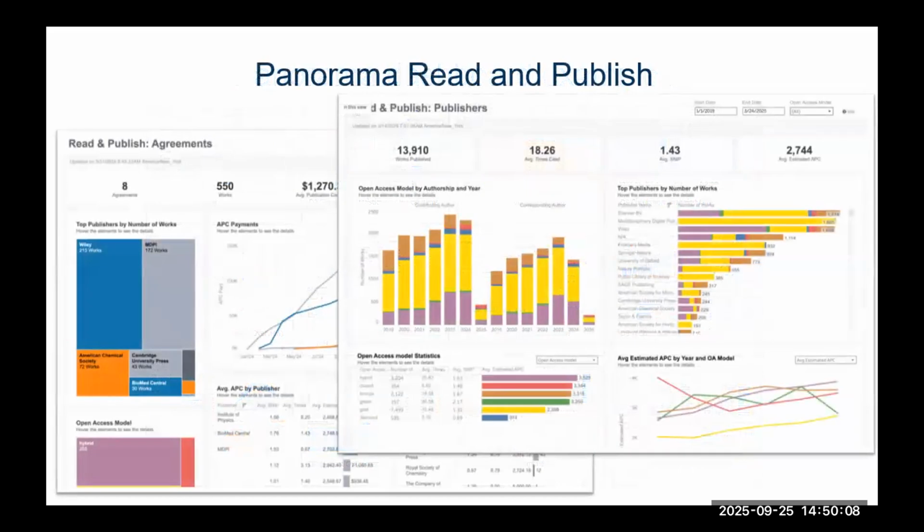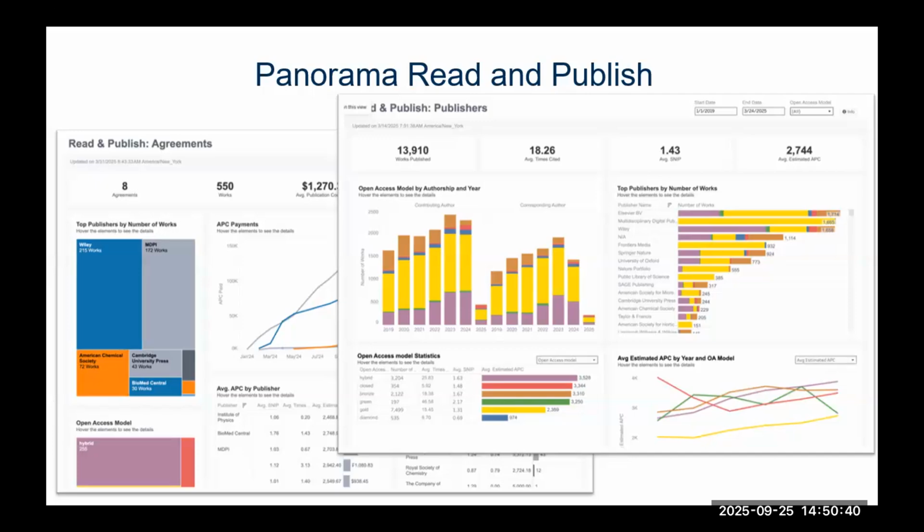We just launched, tying back into what Kathy was talking about, read and publish. So one of the other things that we wanted to help our customers with is not only get access to all their Folio data, but we've also tied into some other data sets, both open published data sets, as well as some commercial data sets that we've licensed to be able to create read and publish dashboards. So if you're thinking about going to read and publish, our read and publish dashboards can help you better analyze the impact that your read and publish agreements are making.